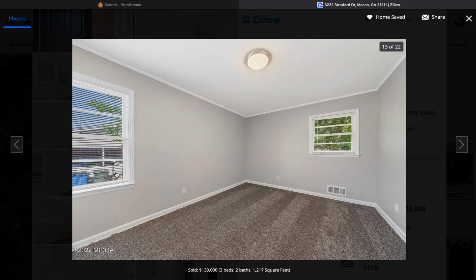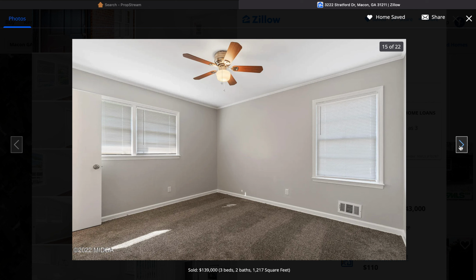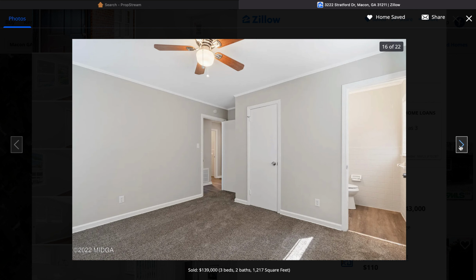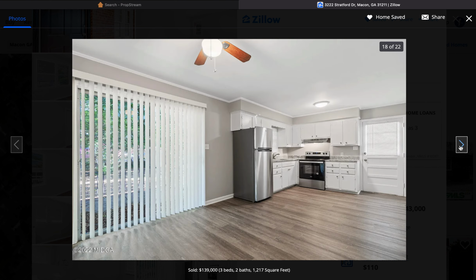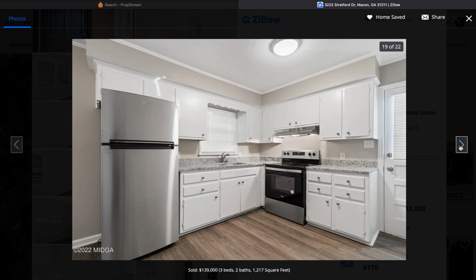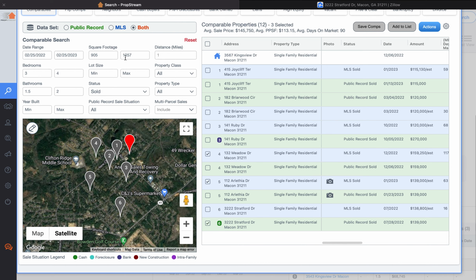As you can tell, they updated the property from top to bottom: new light fixtures, paint, of course, new flooring it looks like, little things like doorknobs, outlets. They kept this bathroom, they just updated it, new vanity, new toilet. You can tell they did a really good job with the kitchen, right? New cabinets, new appliances, new countertops, right? So this is a sale that we want to follow, and we want to list that property at $139. So we want to do the same exact thing. We want to kind of copycat this, right? So, and then we have another sale,